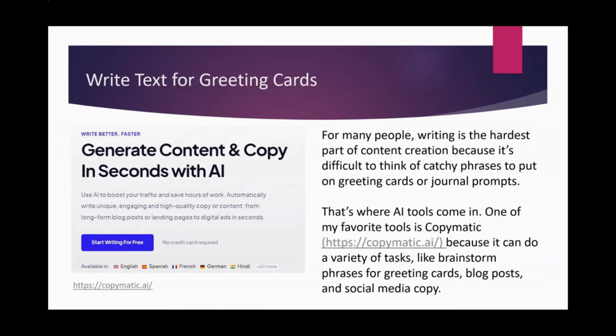If you create and sell printable greeting cards, you probably know that the part that takes the longest is thinking about what text to write. AI tools can really help you out with this. There are a lot of them. One of the ones that I really like is